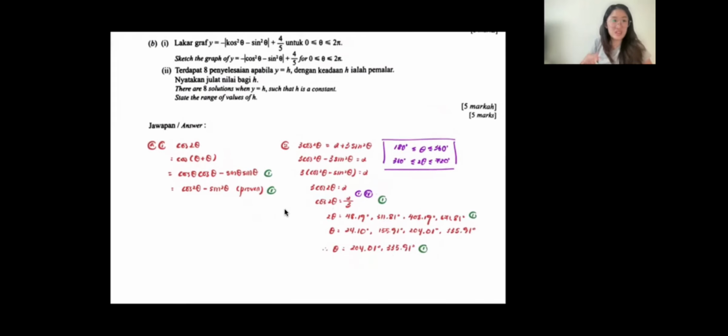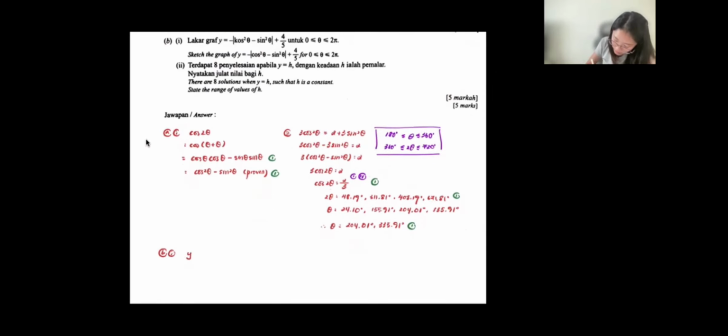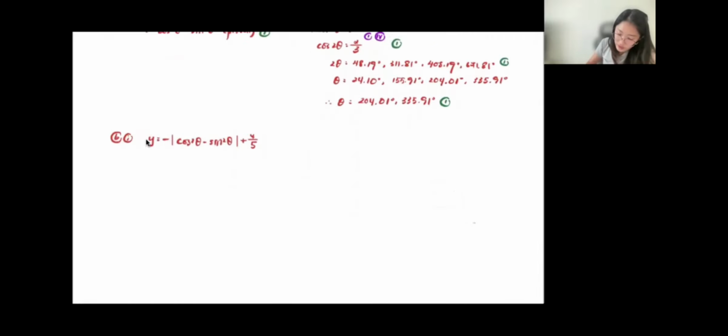Then B, you need to sketch. Sketching. They give you 5 marks in total over here. Let's see. B, part 1. Which one are we sketching? Let me write down first. Y equals to negative modulus cos squared theta minus sine squared theta plus 4 over 5, from 0 to 2 pi. 2 pi is 360. So over here, again, you see something similar, correct or not? So negative cos 2 theta